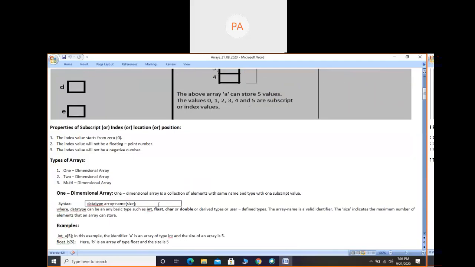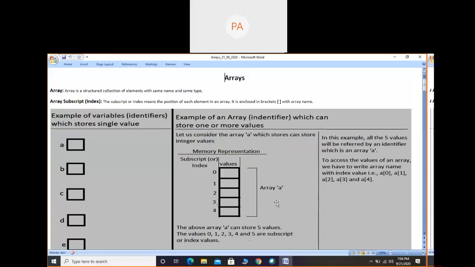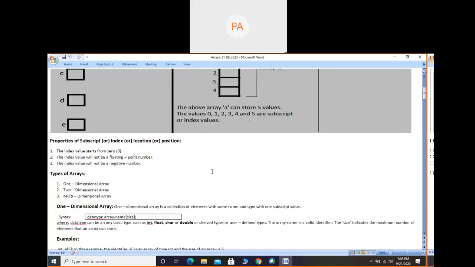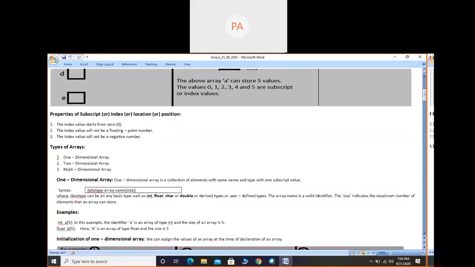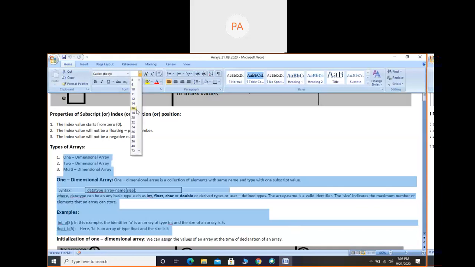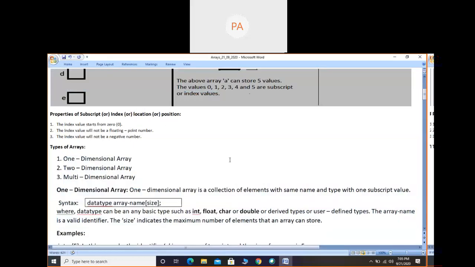Okay, and we, just a minute. Okay, so I think we saw the types of arrays, the one dimensional array, but still today I will revise that, particularly the types of array, so that it will become more perfect with that. So in arrays we have three types: one dimensional, two dimensional, and multi-dimensional.